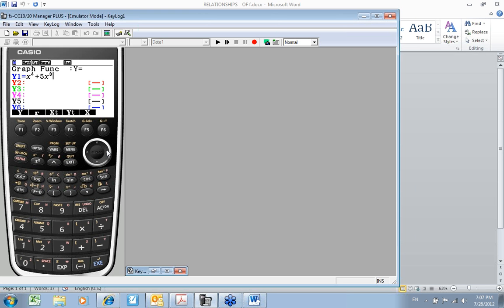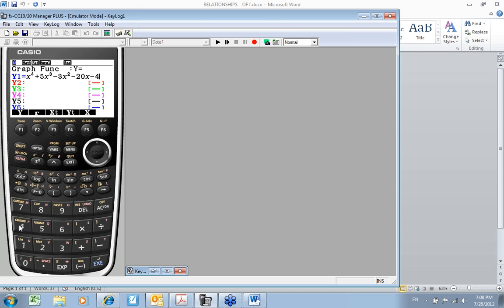You could have the kids graph it, but I think what I would do is have the graph showing when they walked in the room, or pretty soon after they walked in the room and we were ready to get started. And what I want to try to get out of them is all the things that they know or should know about a 4th degree equation.